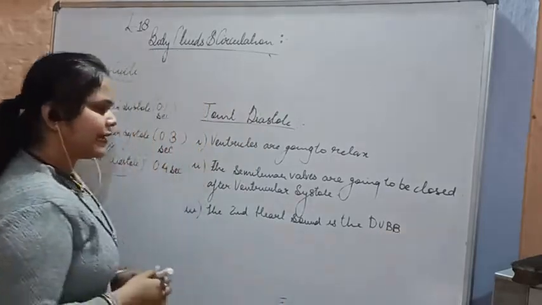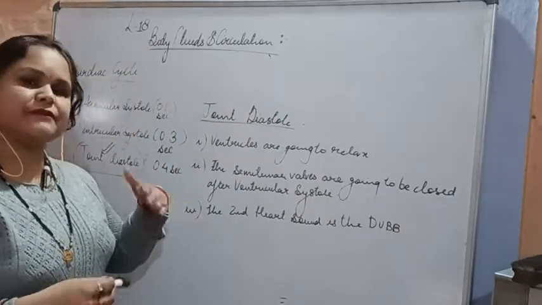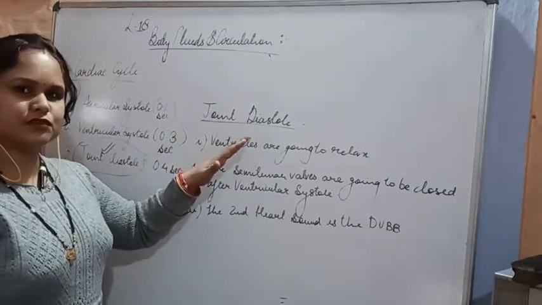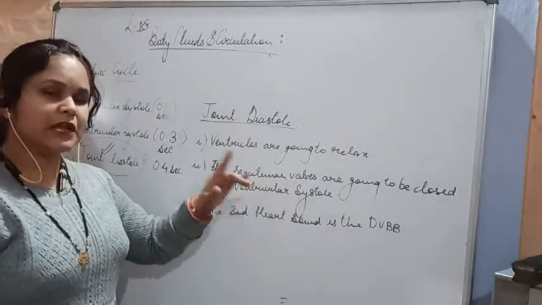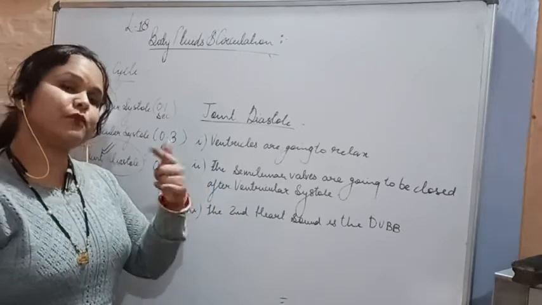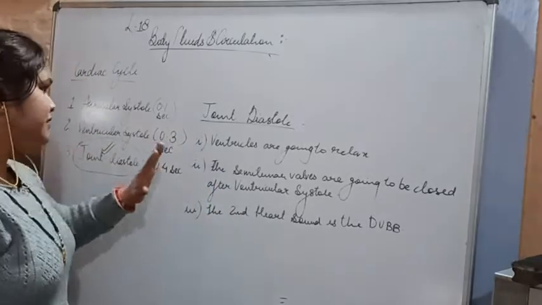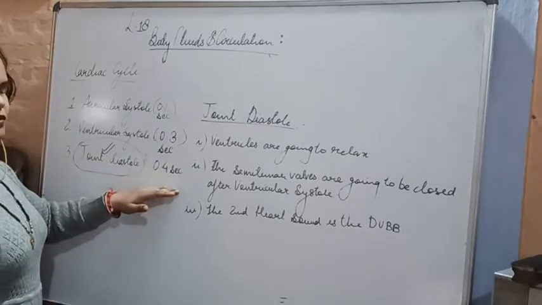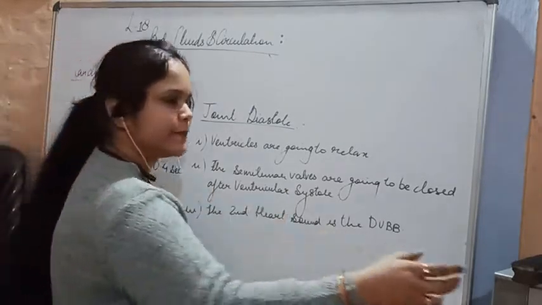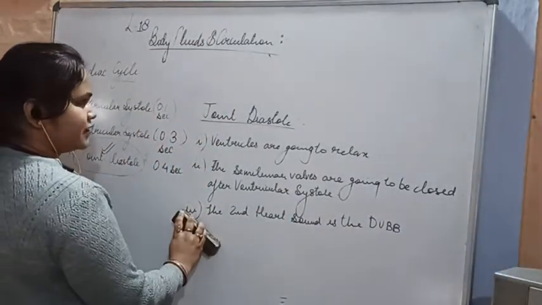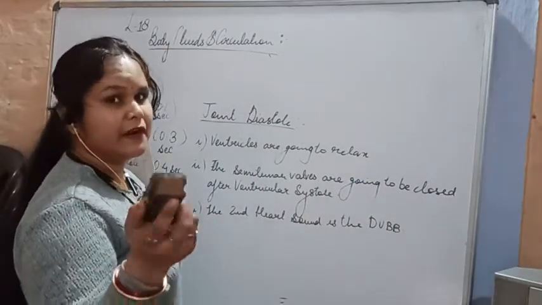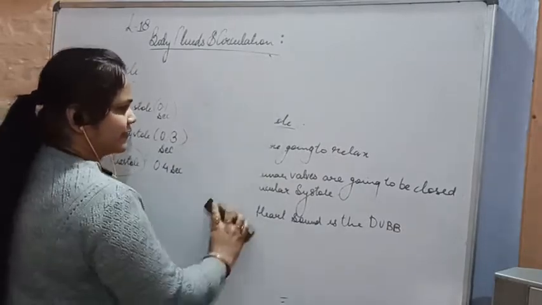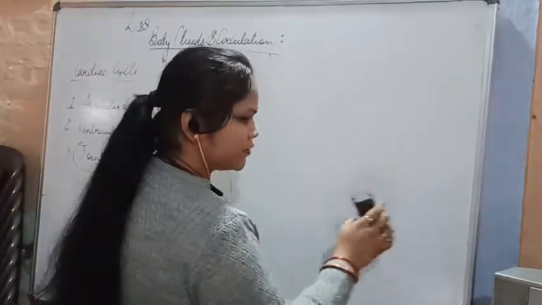When the ventricles have finished the systole, they will enter into the diastole. It means they are going to get filled with blood. This is happening in the joint diastole, which occurs for 0.4 seconds. So we can calculate for what time period the ventricles are relaxed, or for what time period they are in the contracted state. Let's have a look at this also.